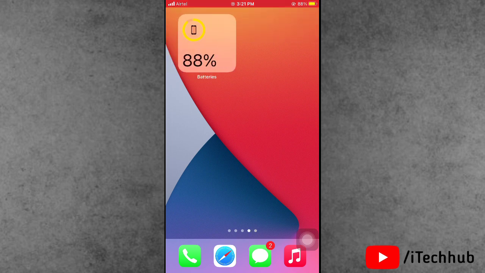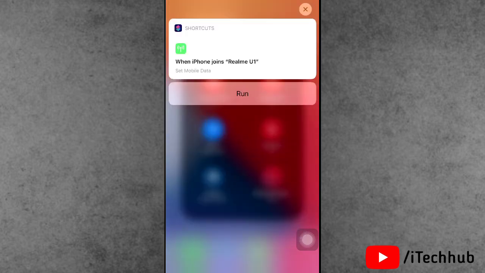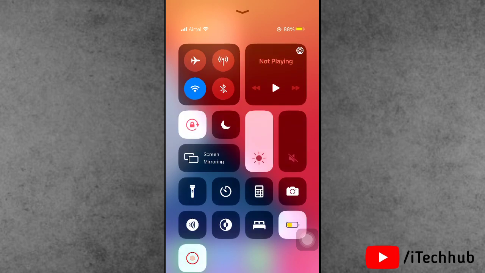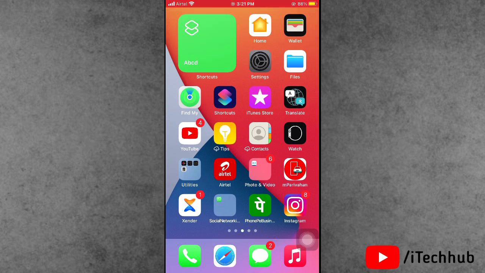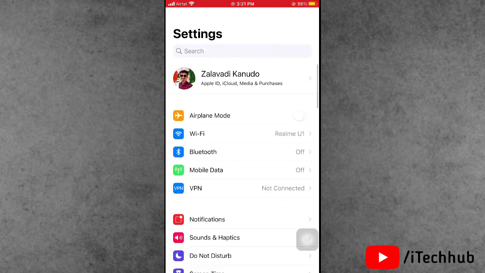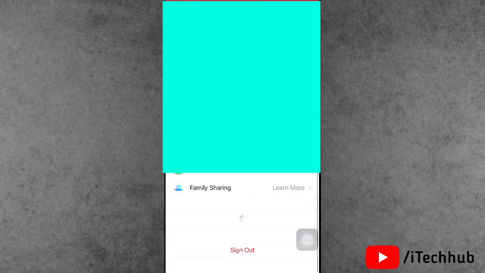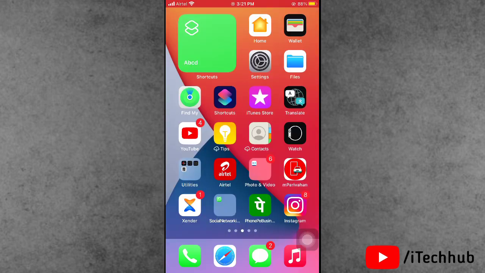So guys, the first solution is to open the Control Center and connect your iPhone or iPad to Wi-Fi. Then open the Settings app again. In the Settings app you can see your name at the top corner. Please tap on that, then scroll down and you can see your Apple ID already logged in. The last option is Sign Out. Please tap on that, reboot your iPhone or iPad, and sign back in, and it is easy to fix your problem.